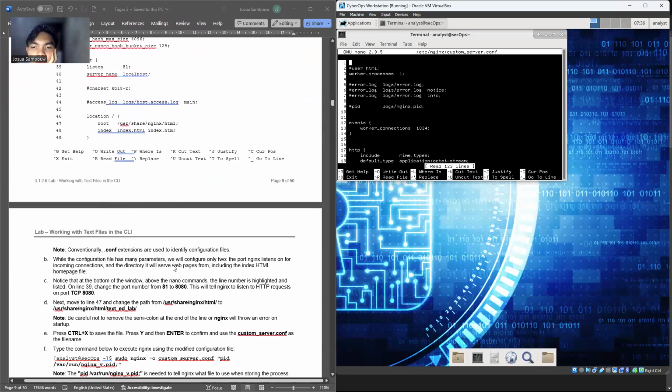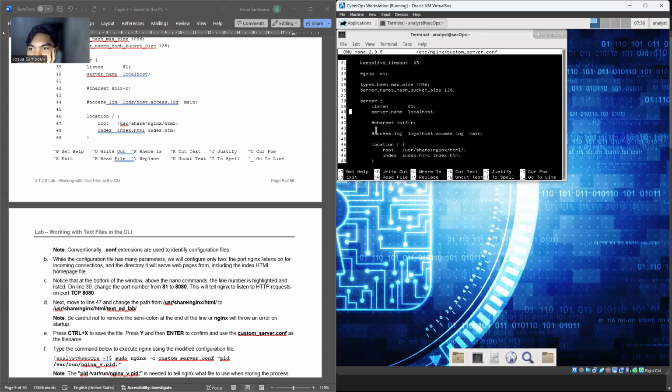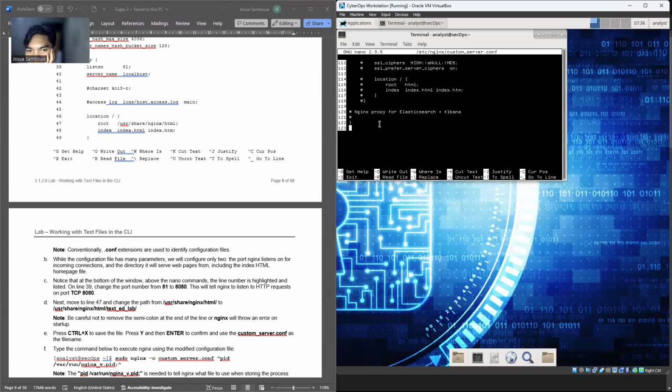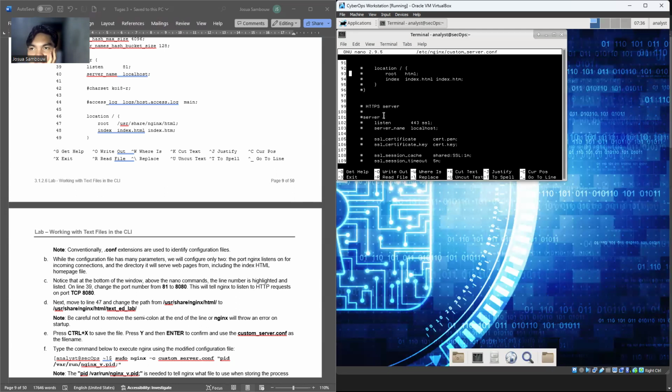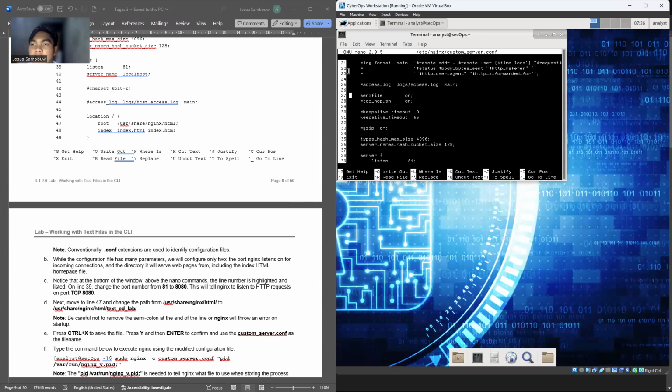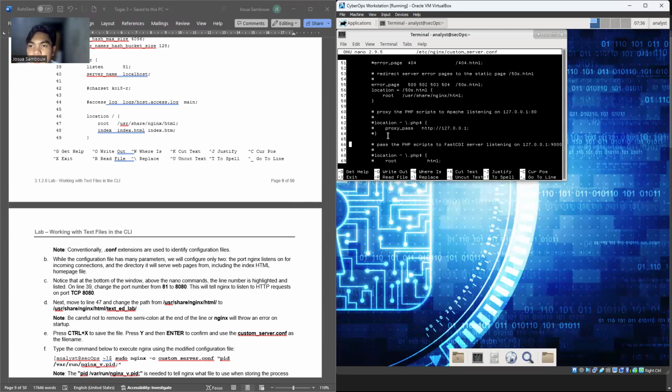Look at so many parameters. Of course, there are so many parameters in here. Notice that at the bottom of the window, above the nano commands, the line number is highlighted. Oh, the line number is highlighted.